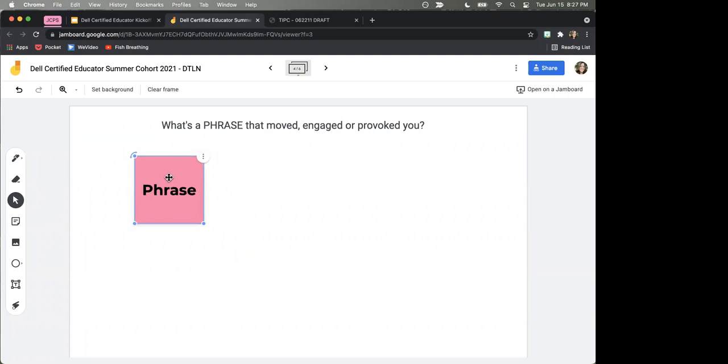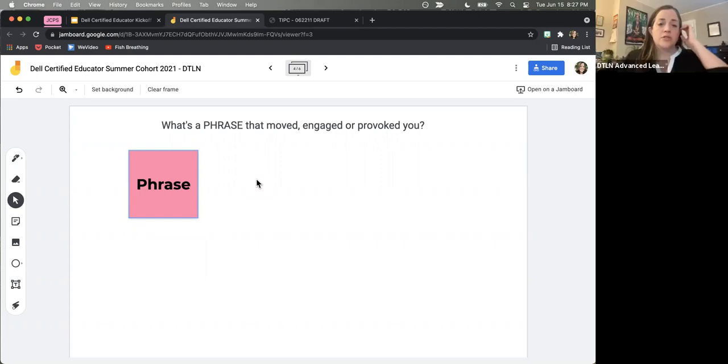I had a question. So in a Jamboard, a class can all work on it at the same time? Yeah, so I gave you the link to it. If I made the link so that people could edit, you can give it to as many people as you'd like. I think it's limited to 25 people on Jamboard right now, so if you have a class of 25 or smaller, you can have multiple people sticking Post-its or putting their thoughts at the same time.